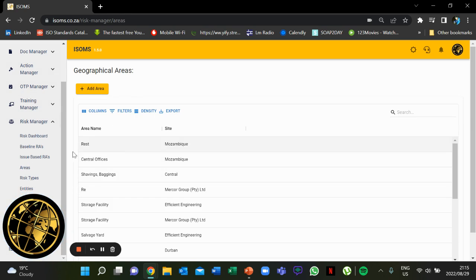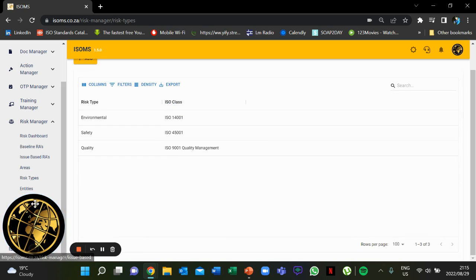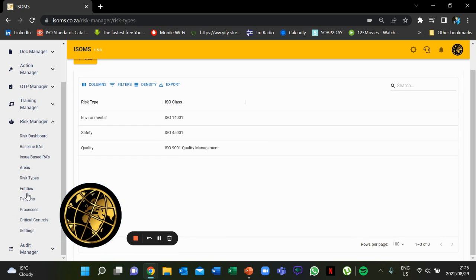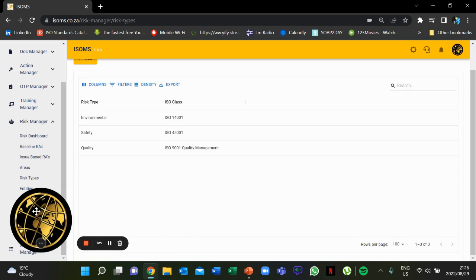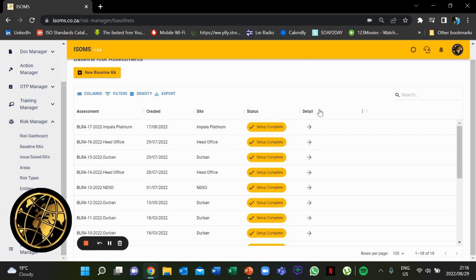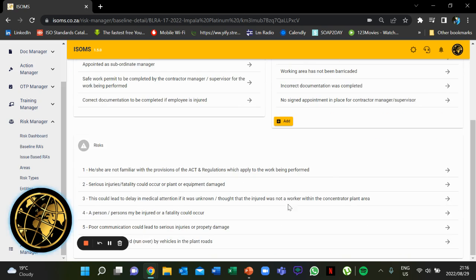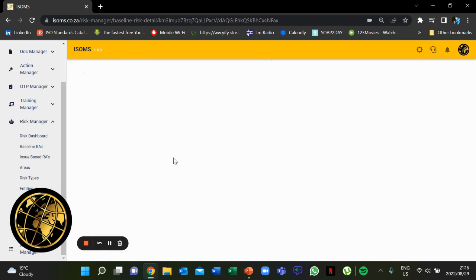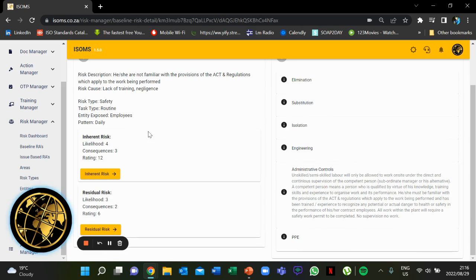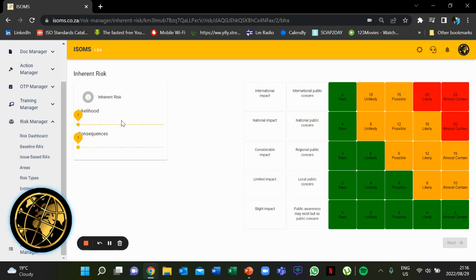Areas, define all the areas, the risk types as well, entities of exposure, patterns, processes. So each risk is linked to a certain process, especially with the baseline, going to all the processes or activities, and then from there you identify all the hazards and then the risks, linking a risk owner to each risk, and then also going down you can see inherent risk, residual risk, and then setting the likelihood, the consequence,